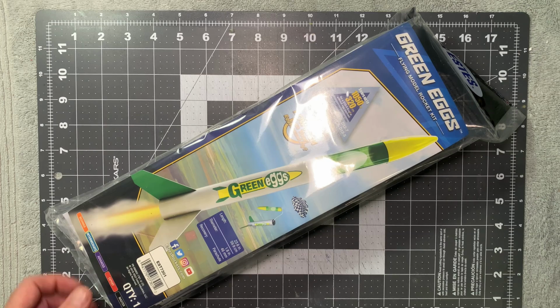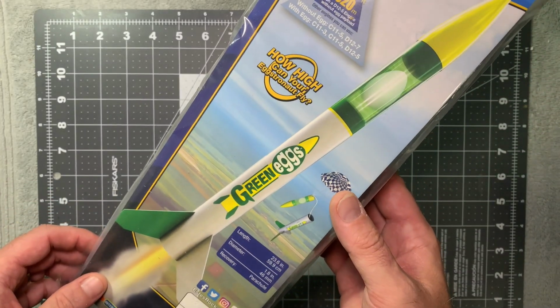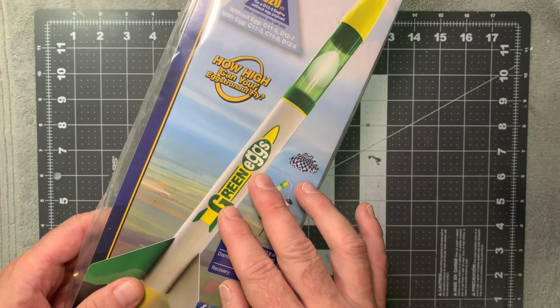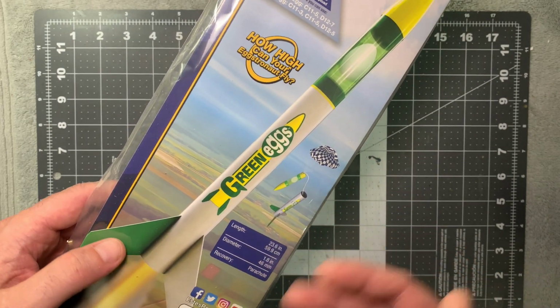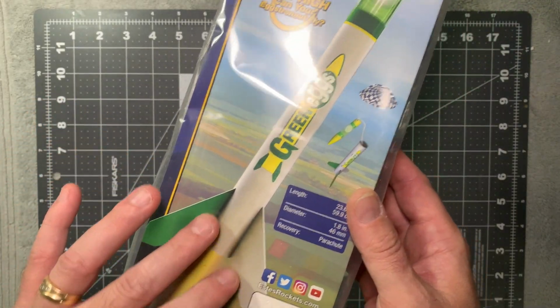Today we're going to be building the Green Eggs. This is not my first time building one of these, but it's my first time building them on camera. So we're going to have fun documenting the build process of this and include a few of my personal customization modifications that I like to make, but in no way, shape, or form will it affect the aesthetics of the